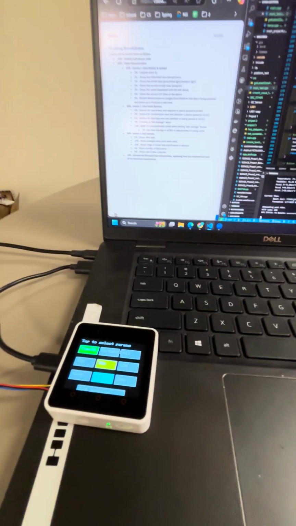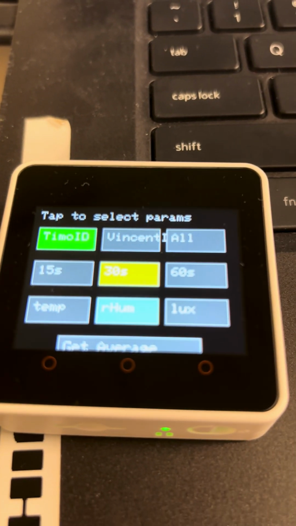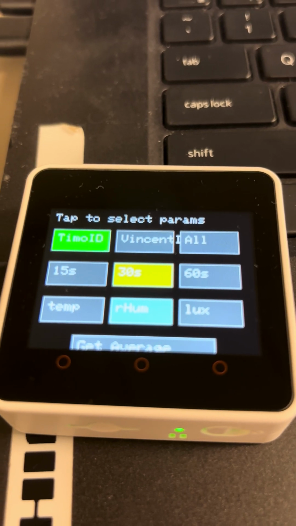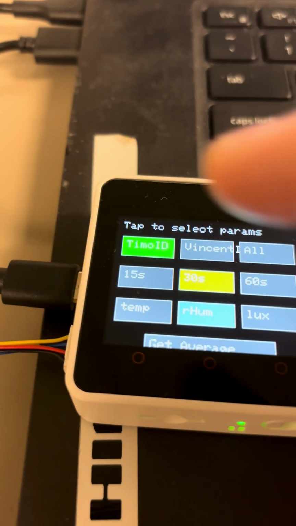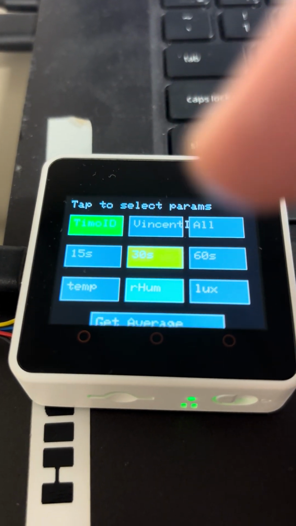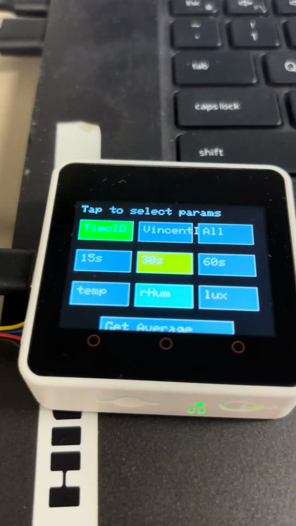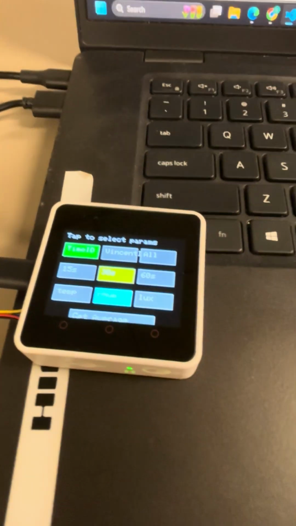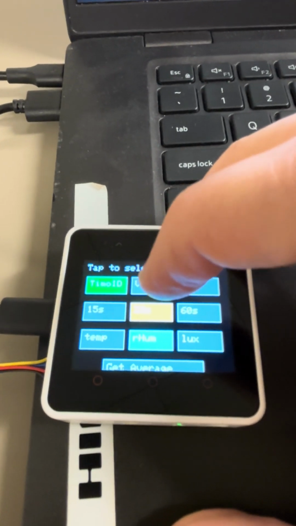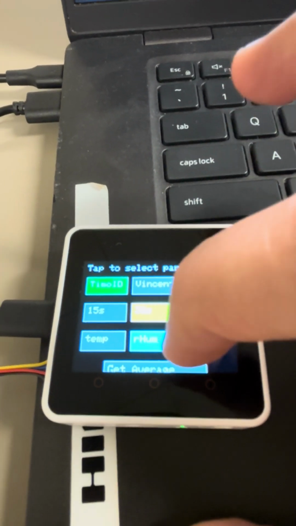So we'll just start off with screen 2. You can see here we have our buttons for the user ID: Tim ID, Vincent ID, and then all. And then our time duration buttons here: 15 seconds, 30 seconds, 60 seconds, then temp, humidity, and light, and a get average button at the bottom. So what we can do now is select Tim ID, then 30 seconds and humidity, and we press get average,